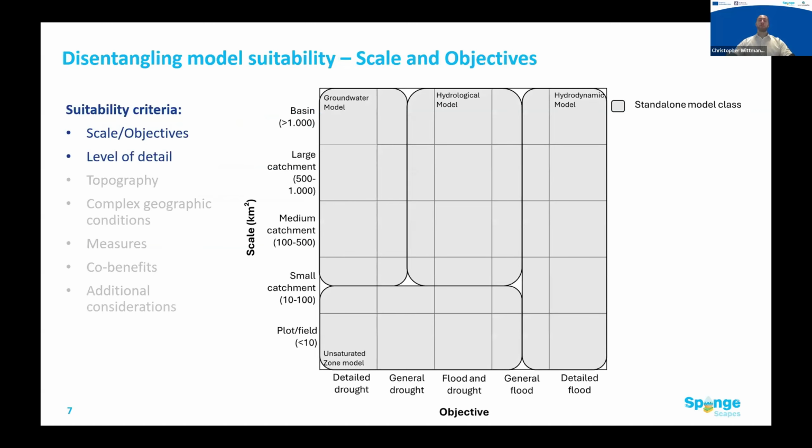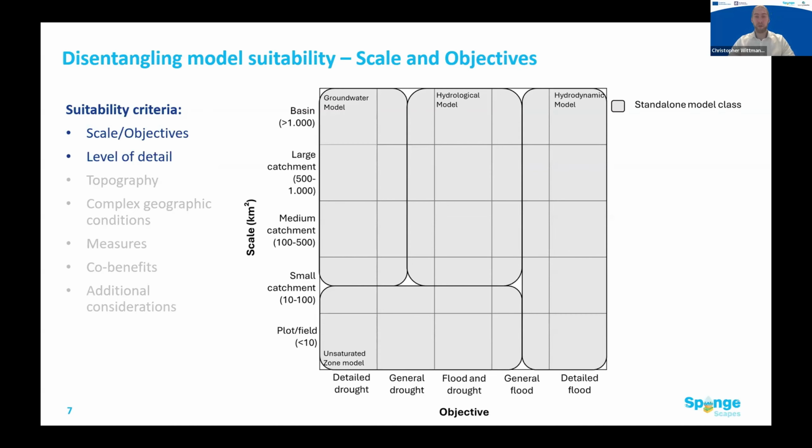And coming to these criteria, as I said, there are eight different criteria. One of the most important ones is scale and the objective. So when I talk about scale, I mean, is it on the field level? Is it a catchment level, or is it much more like regional basin level? And when we talk about objectives, basically, is it for floods or is it for droughts? And how much level of detail do you need in that system? And you see here that I already started dividing this matrix by